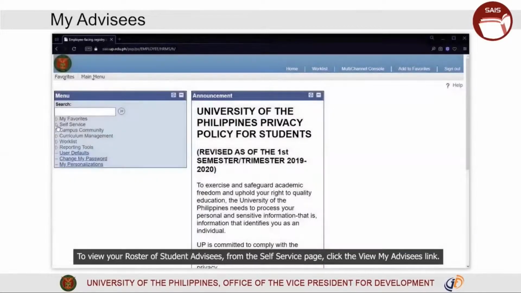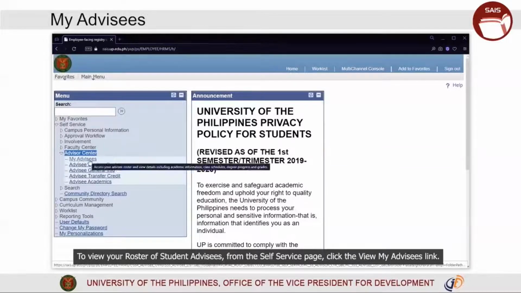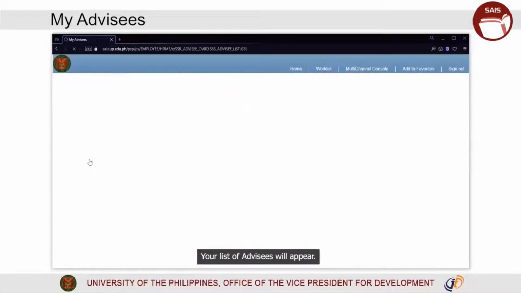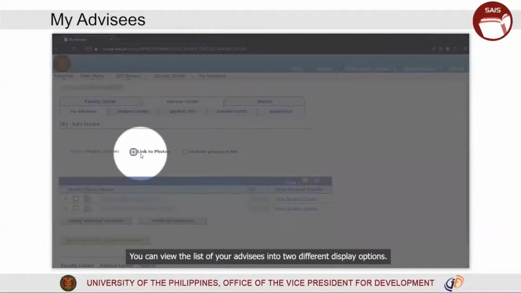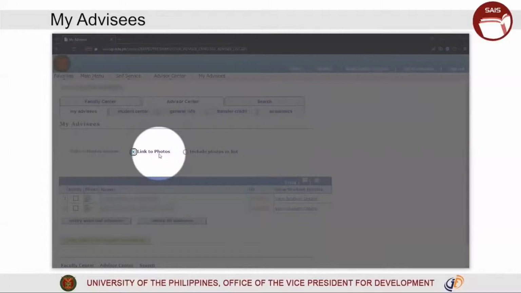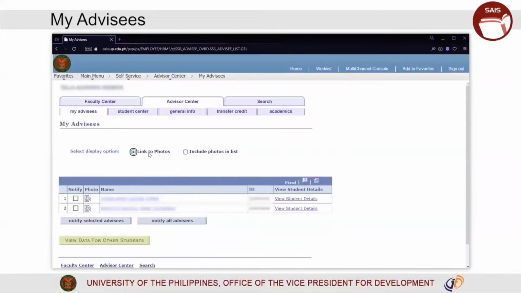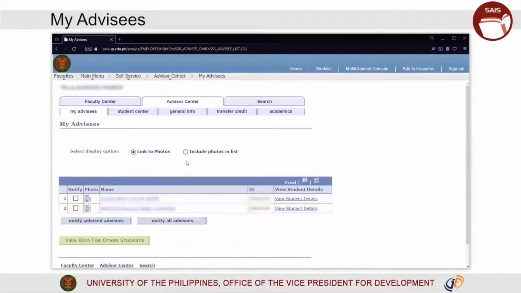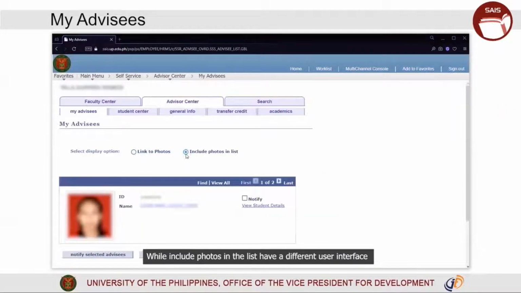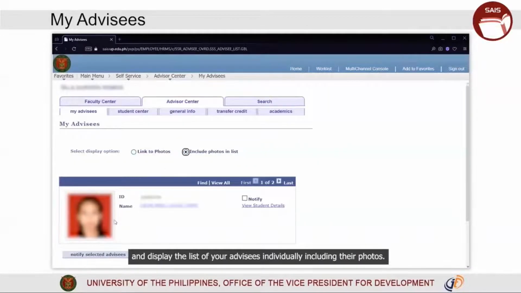To view your roster of student advisees, from the self-service page, click the View My Advisees link. Your list of advisees will appear. You can view the list of your advisees in 2 different display options. These are Link to Photos and Include Photos in the list. Link to Photos is the default display option. It only displays the list of your advisees in table form, while Include Photos in the list has a different user interface and displays the list of your advisees individually, including